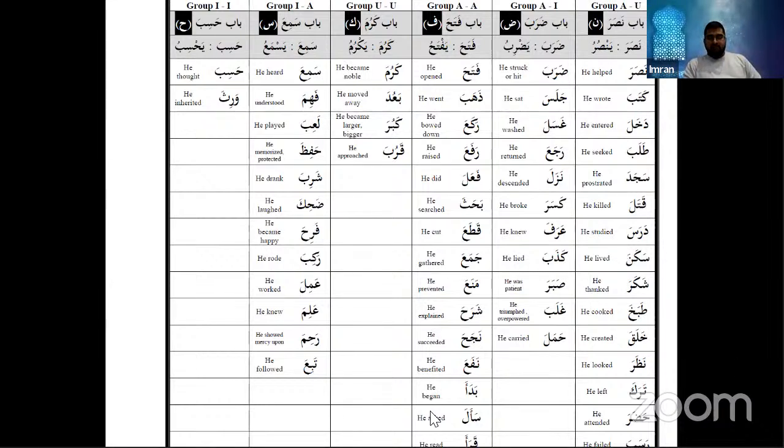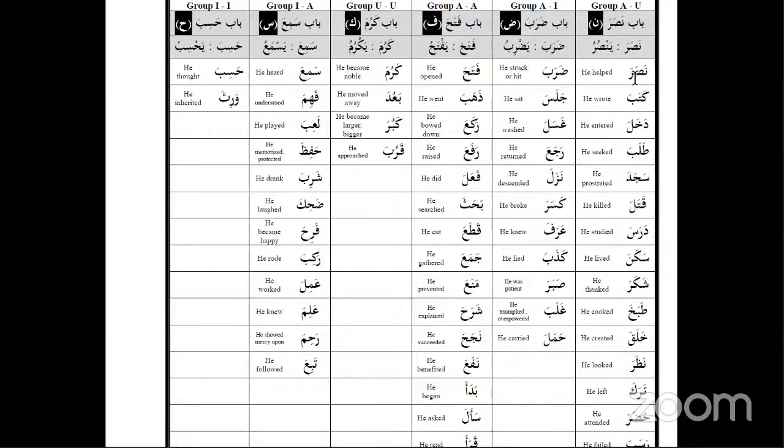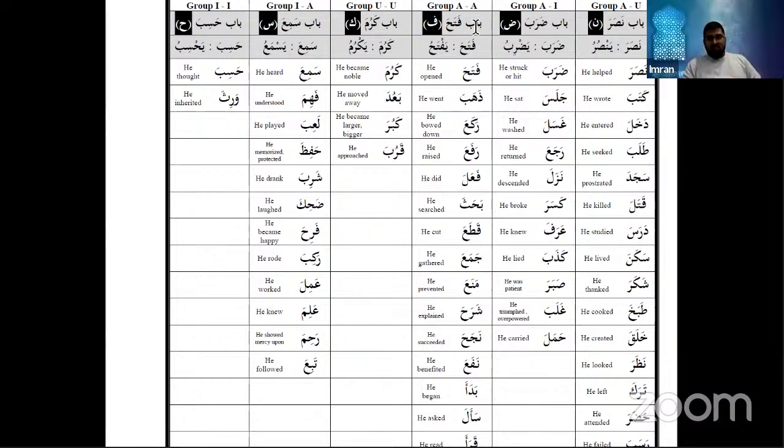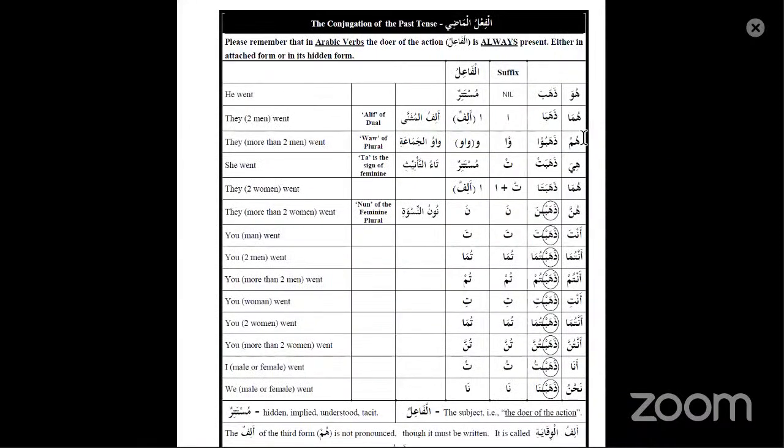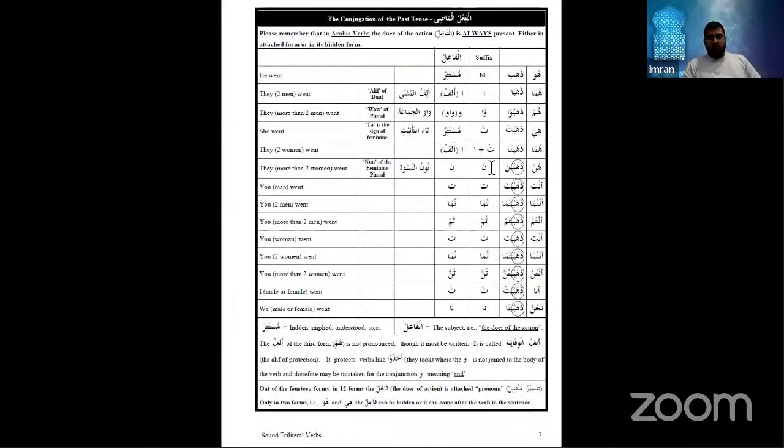Sister Kauthar, can you conjugate for me Nasara? Nasara means he helped. Can you do the 14 forms for the past tense? Do you need help? Would you like to see a PDF file on the screen with all of the 14 forms? Oh, okay. There you go. I'll give you the pattern Zahaba, and that will help you to understand what needs to be added.